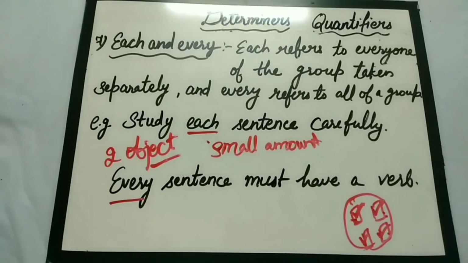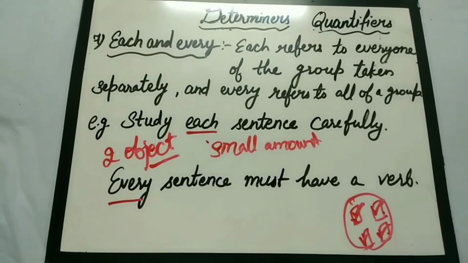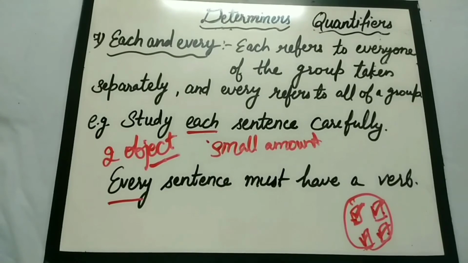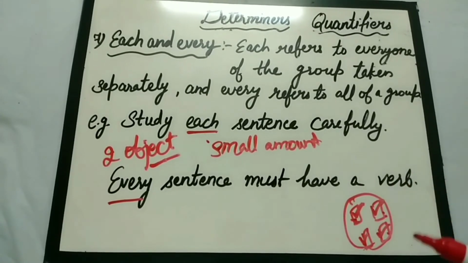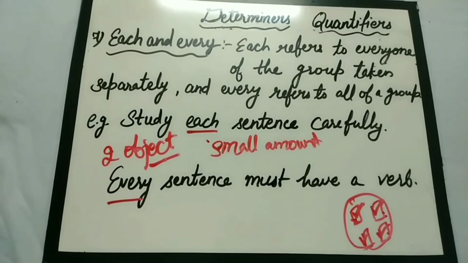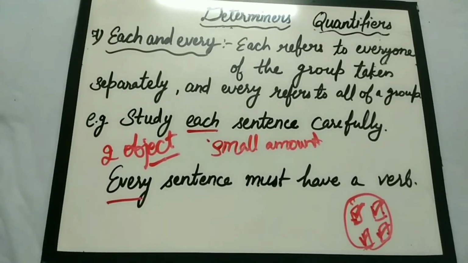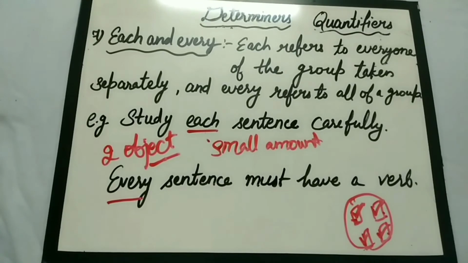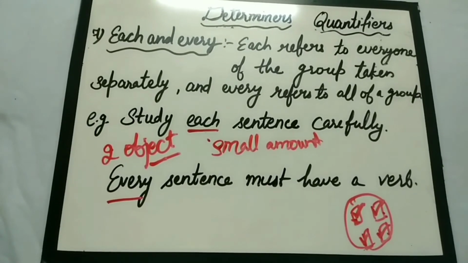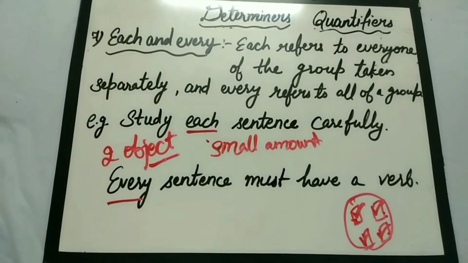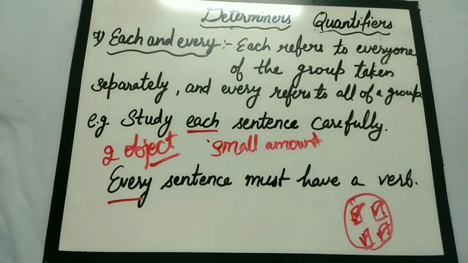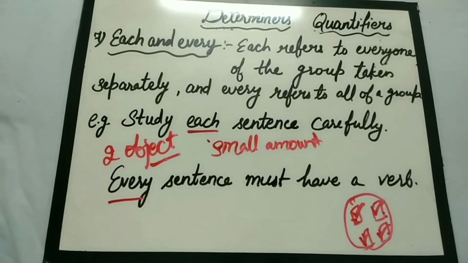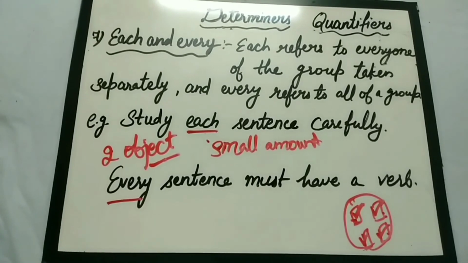Like if I tell you a sentence, each time I look at you, you look different. The same sentence can be written with every also: every time I see you, you look different. So they are interchangeable also. And in general, every is used when there are many members of the group, when we are talking about all the members, all the things we are considering. Like, every person standing in the room was asked to get their belongings checked, means every person, each person.